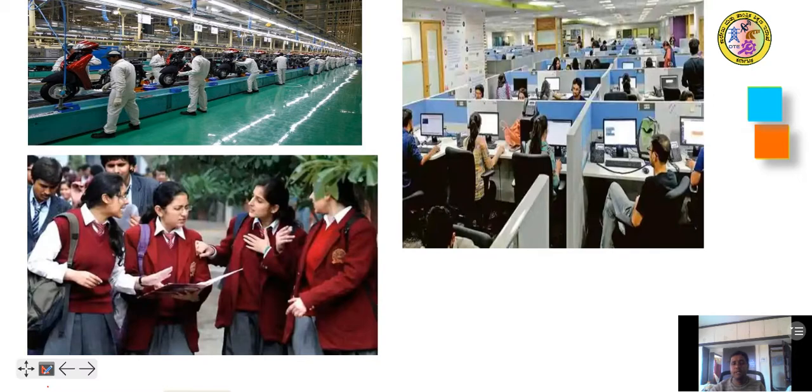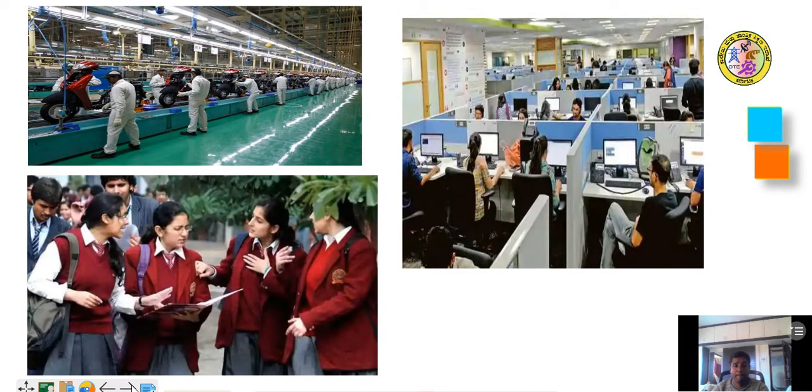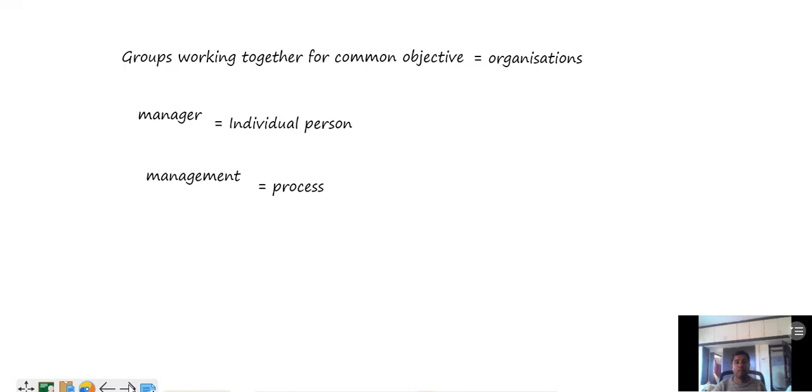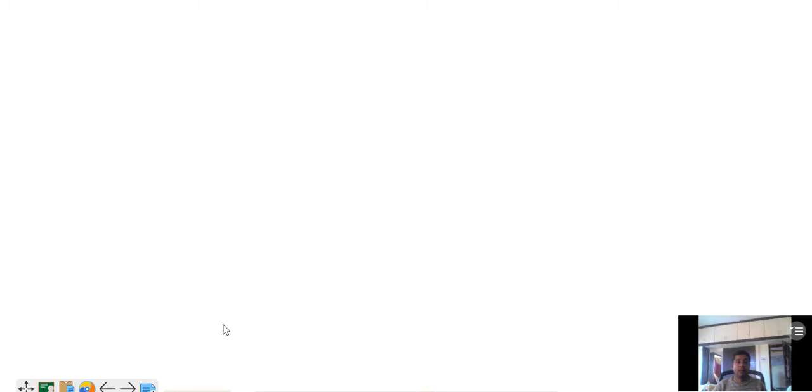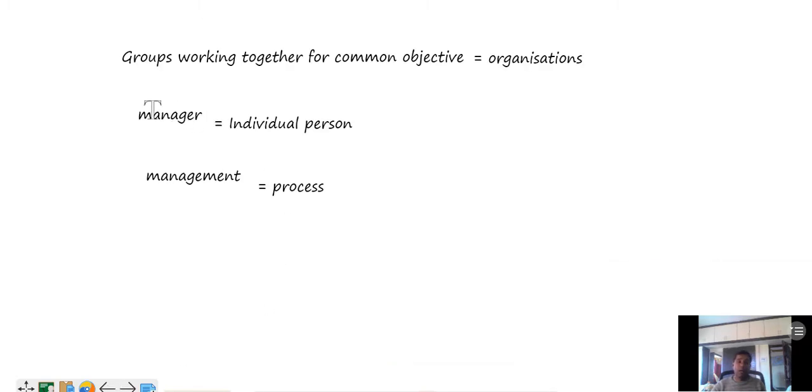So what is the difference between a management and a manager? Groups working together for a common objective is called what? Organization. So an organization means what? General manager,